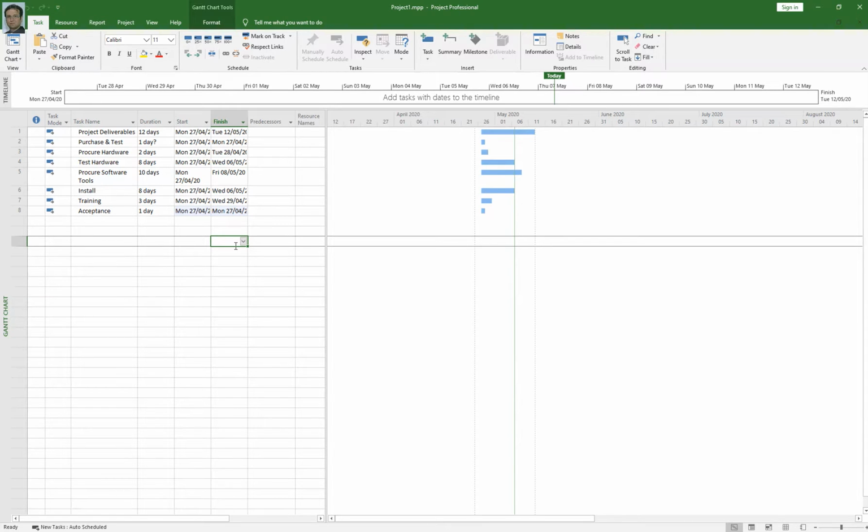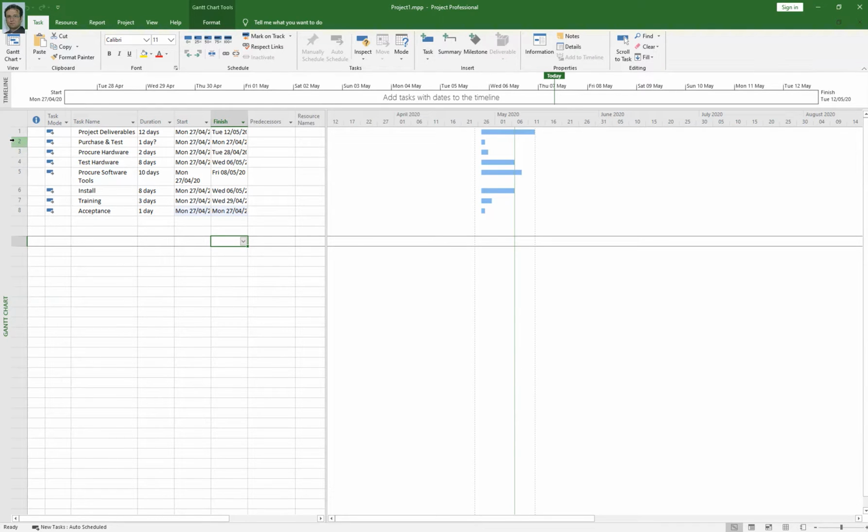Like in this example, you can see you have predecessor column in front of you. So project deliverable activity number is 1 and purchase and test activity is number 2.